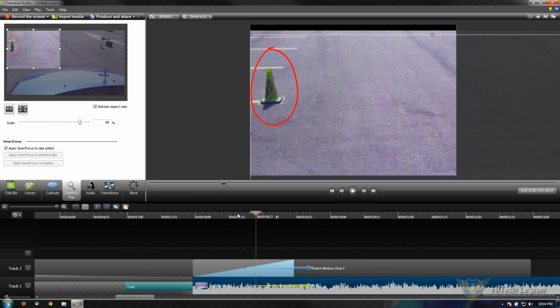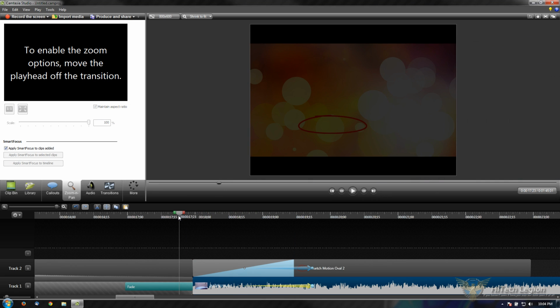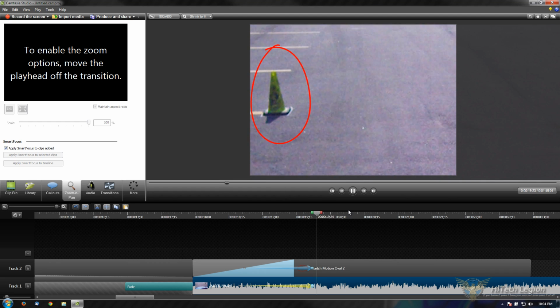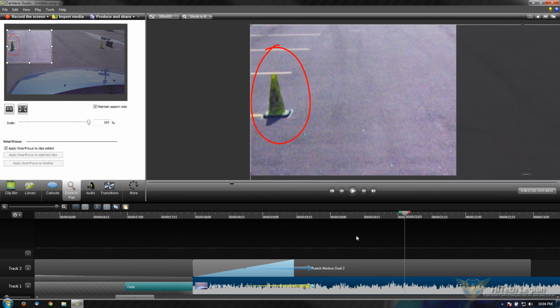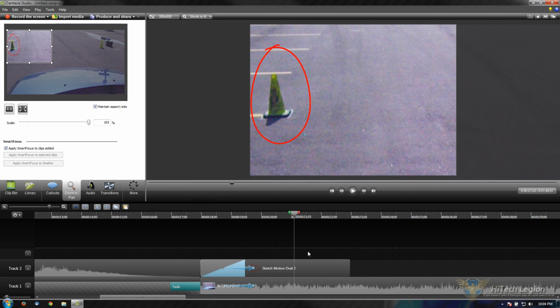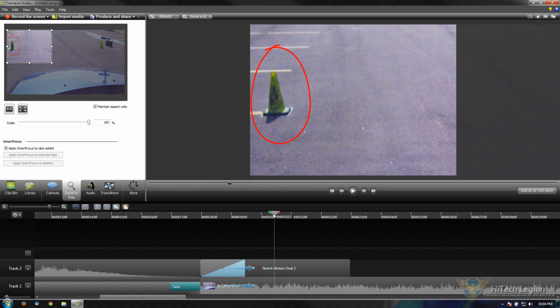And what you wind up with when we play the video is this. After we zoom out, it zooms in on the traffic cone. Now that we zoomed down on the traffic cone, but we want to go ahead and look at the other traffic cone, so we'll place the cursor somewhere else in the video,